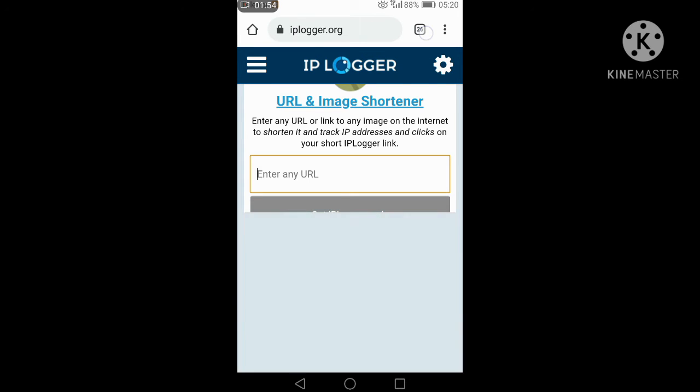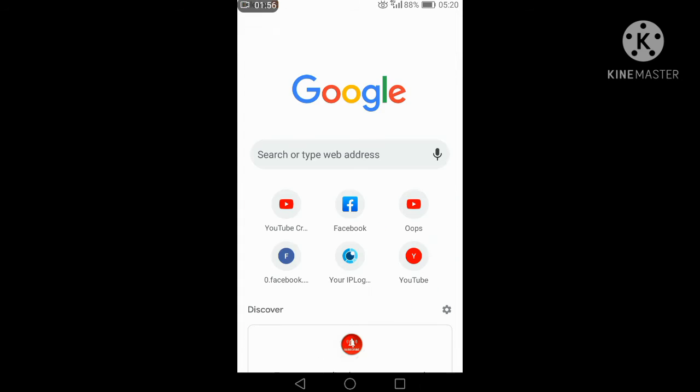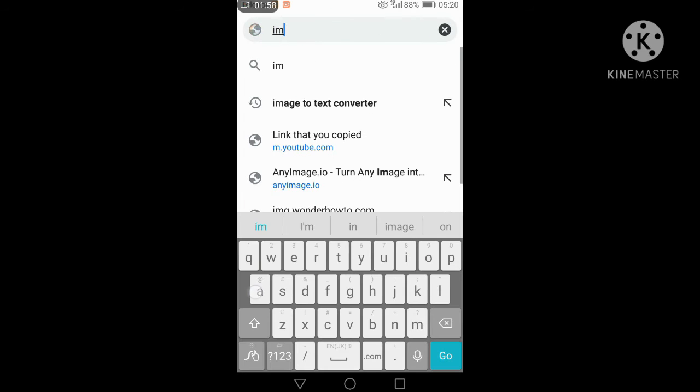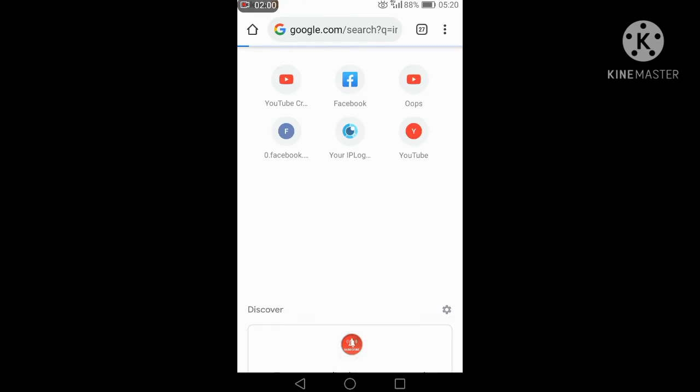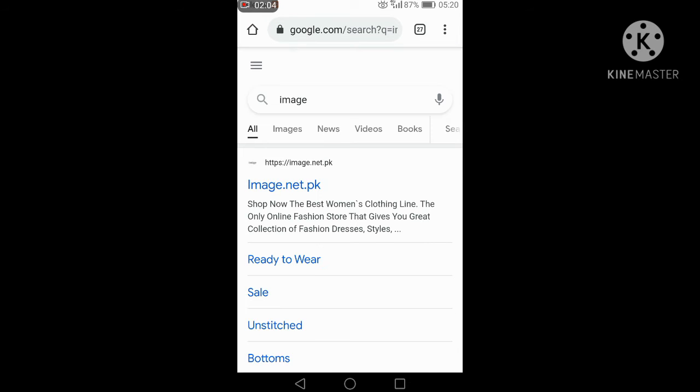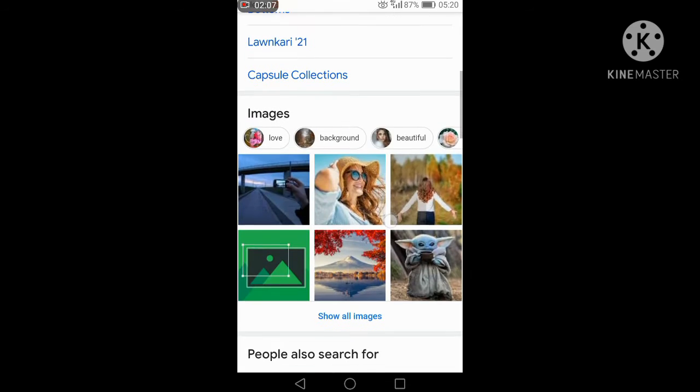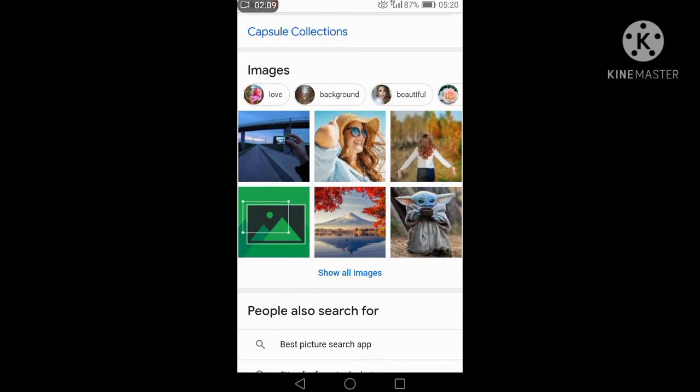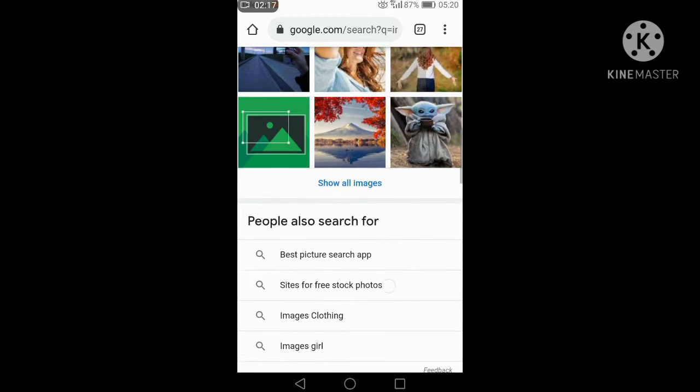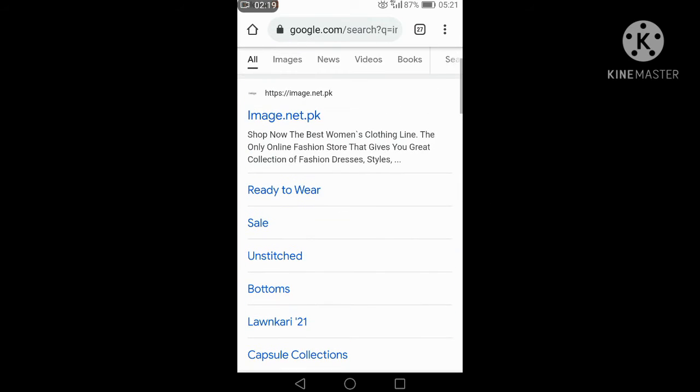But no, I don't need YouTube, I need an image URL. So I go to the images and pick any image URL, copy the URL of the image and paste it in IP Logger. These images are not opening, so I open the image tab.